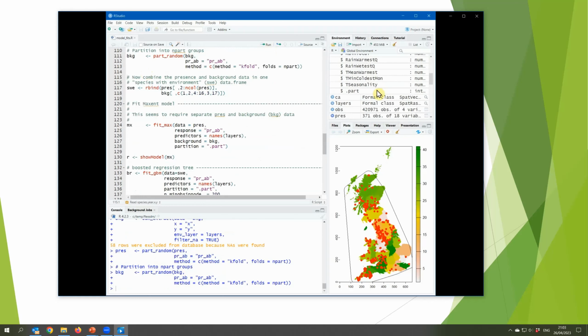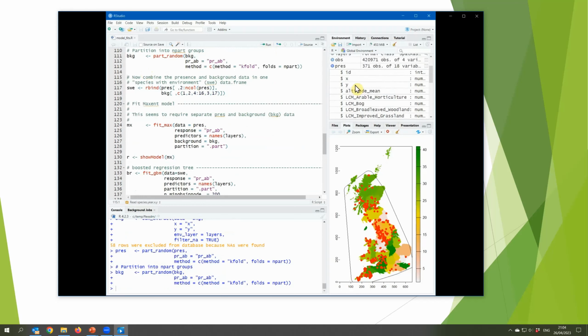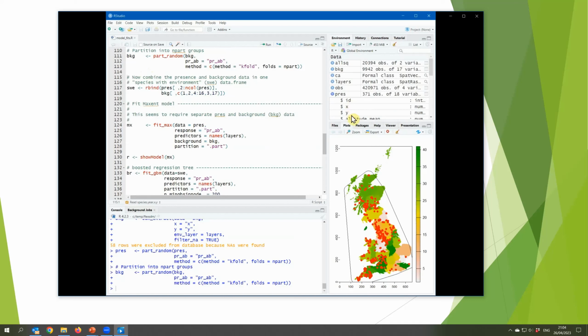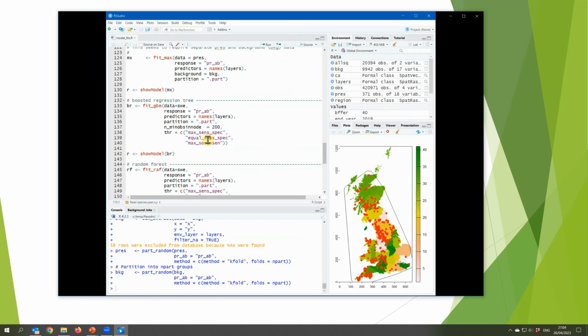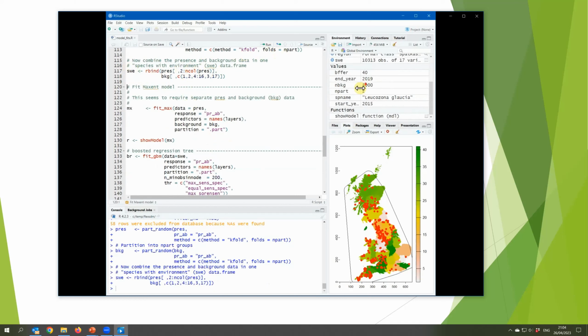Unfortunately, the order of the columns in those two is slightly different. You'll see we've got ID, X, Y on that one, and in this one we've got no ID, and we have the presence absence before the environmental variables. So we have to rearrange the columns slightly, which is what this does here. So we should be able to have a single data frame which includes all of the variables now, and you can see there it's